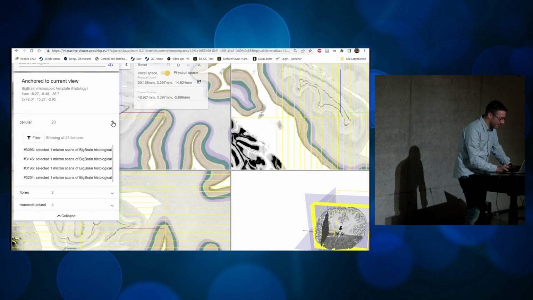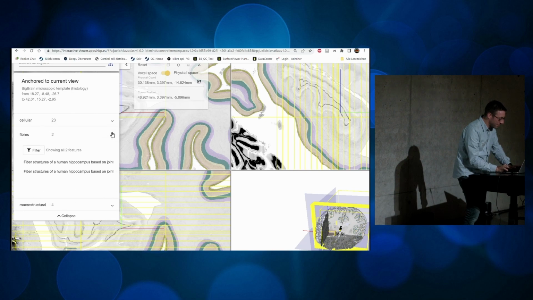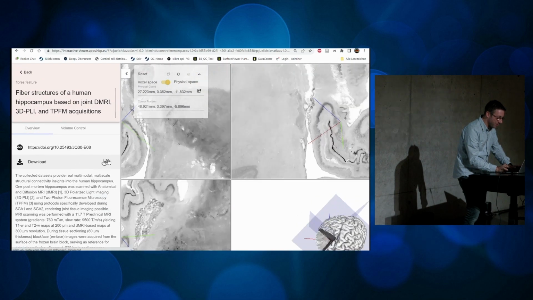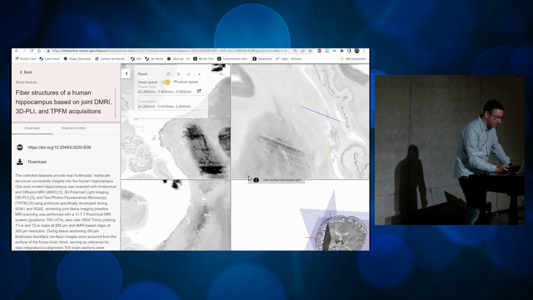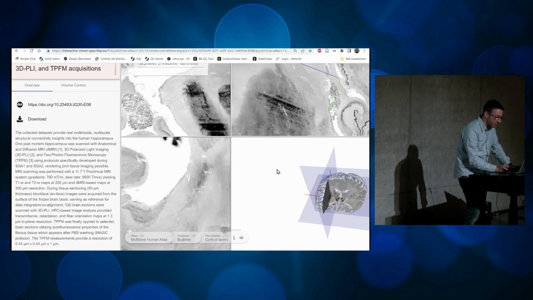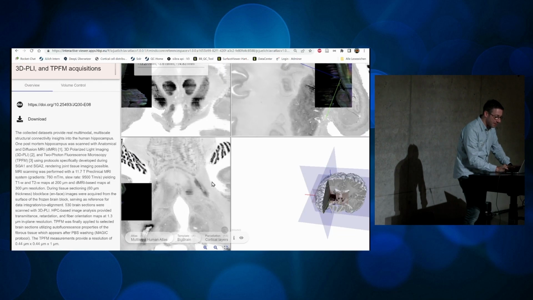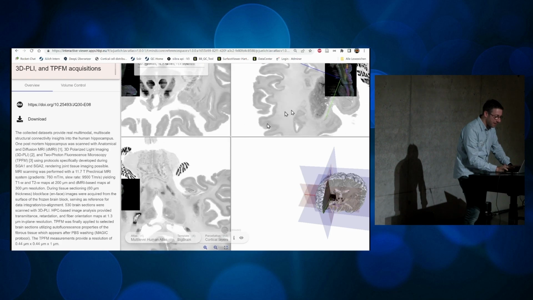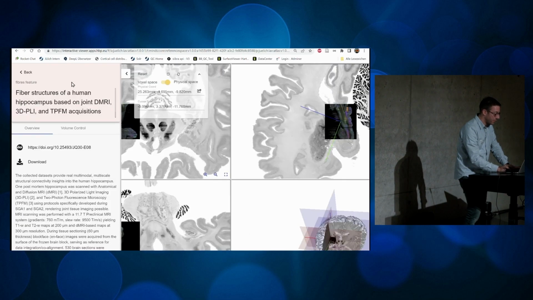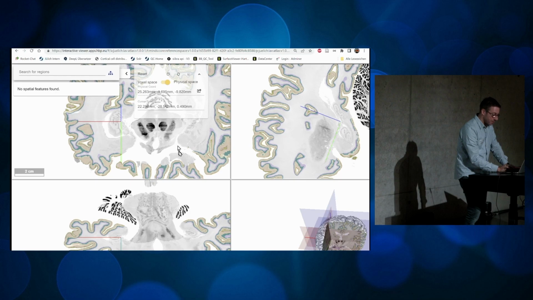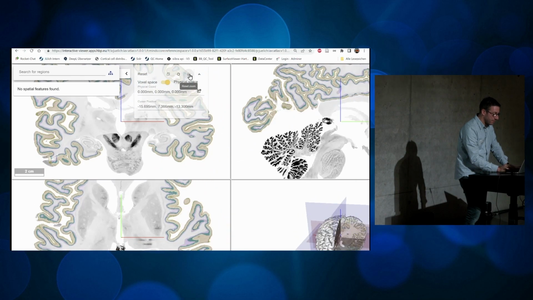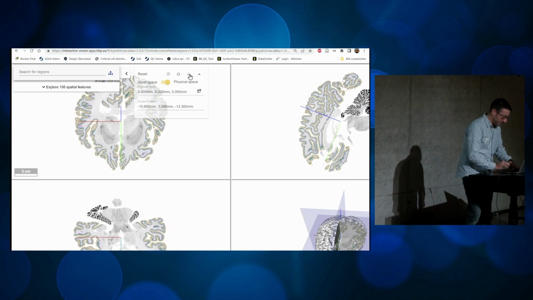Well, so here, for example, you also see some information from polarized light imaging in the hippocampus. Also, a volume of interest that has been anchored here in the hippocampus. So there are some things to find by browsing the 3D anatomy. Okay. Let me maybe go back to the